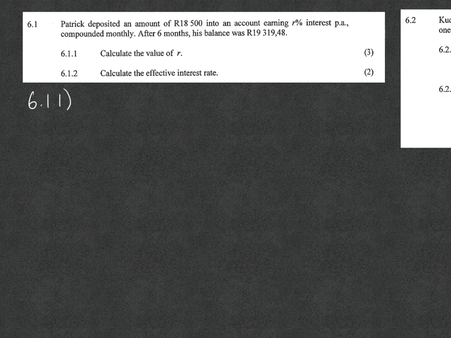So 6.1.1, A equals P, 1 plus i to the power of n. Okay, let me rather say that it would be i over m to the power of n times m, because that is now when our compound interest is being compounded in a certain way. So now we've got A, which is his balance. So therefore A is